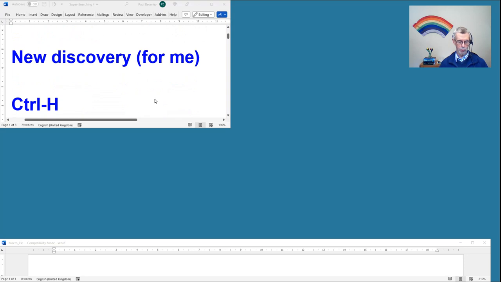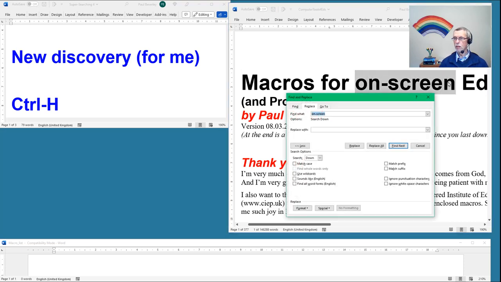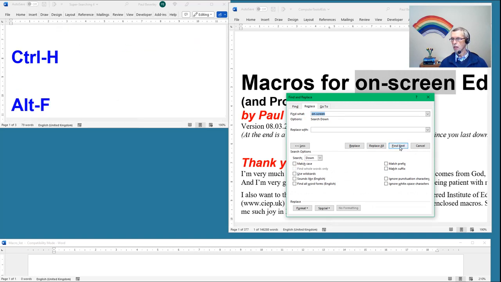I'm sure you know Control H. Let's have some text to search. Let's suppose we want to search for on-screen. We use Control H to get the find box up. Splendid. But one thing I'm not sure that everybody knows, if you click find next, then you get to the